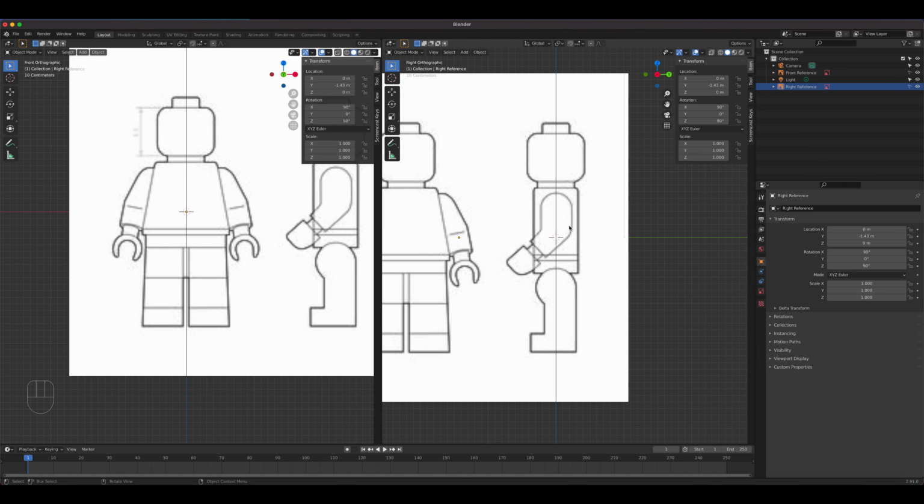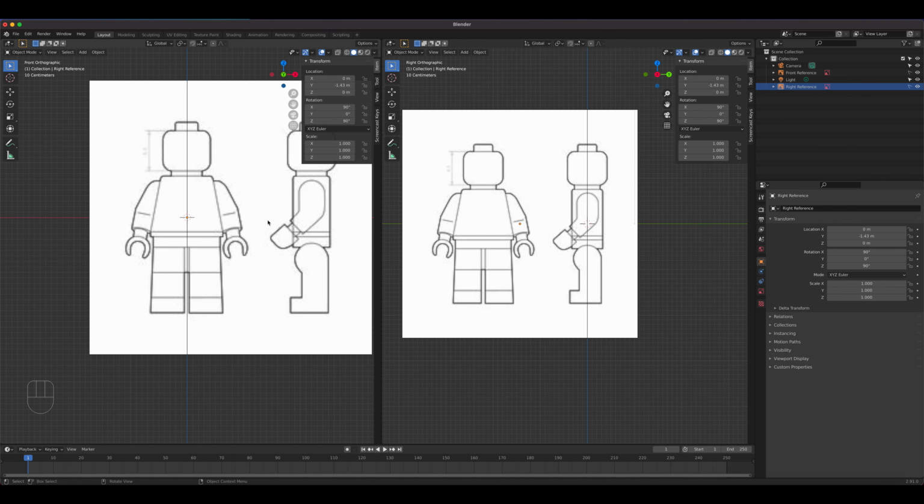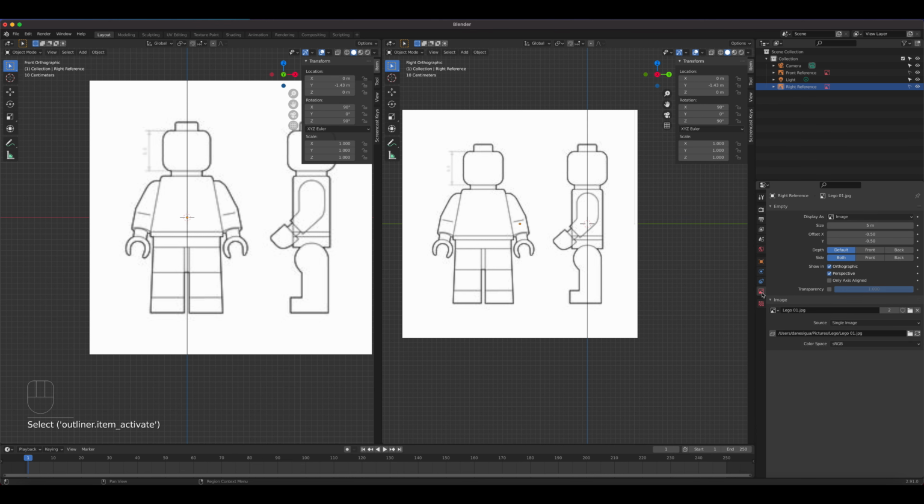We are now ready. All right, so let's say for some reason this is bothering you, that it's too bright, or it's getting in the way. Each time you have one of these references selected right here, you can go to its parameter right here. I have the right one right there. If you select it and you go to